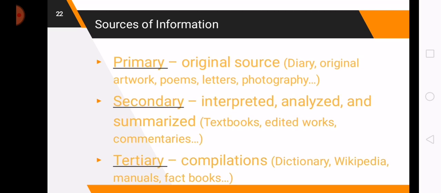Okay. So next is how to evaluate information, because sabi ko nga kanina, not all information are necessary. Diba? Dili tanang information kailangan nato kuhaon. We need to evaluate what information do we need or we get. So how? So the first one is let us look for the accuracy, or tama ba?